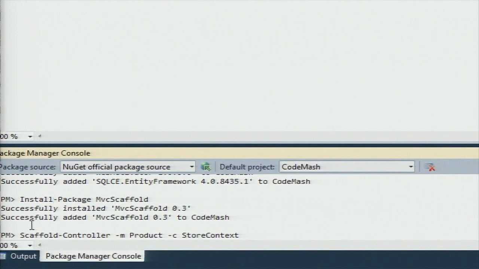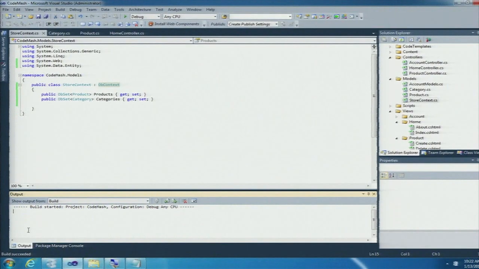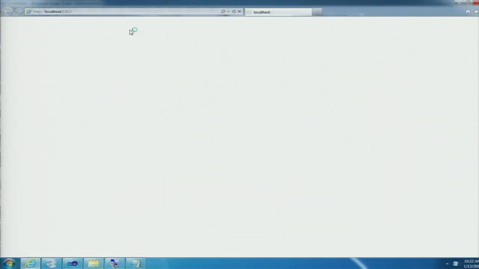So I'm going to press enter. It's going to go away and look through my product class. It's going to inspect it, figure out what the properties are, and it's going to create a controller and CRUD-based views for me so that I can simply go and run now. There we go. And navigate to the product controller. So let's go over here.